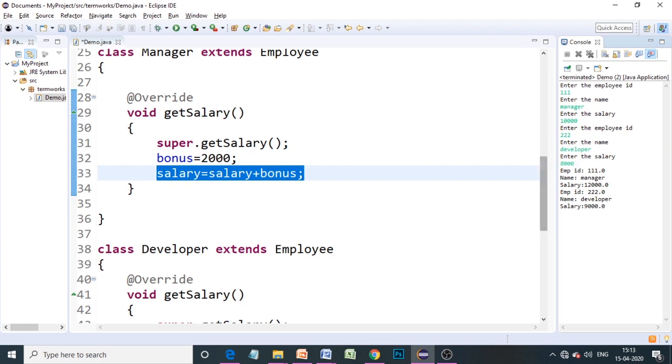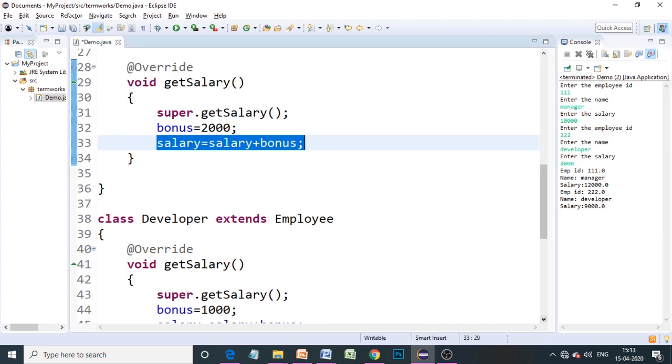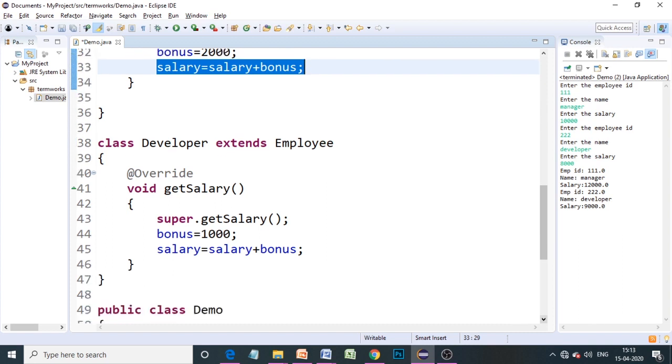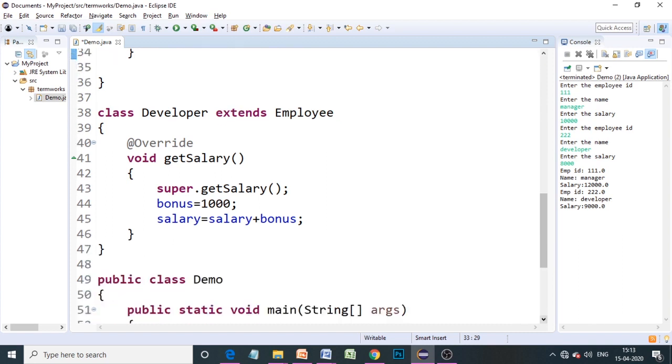So how did this happen? This is because we called that get salary method using the object of the developer. So here this get salary method is overriding the get salary method of the employee, because here we are calling super dot get salary, so it is going to the get salary method of the employee class, otherwise it will not go there.